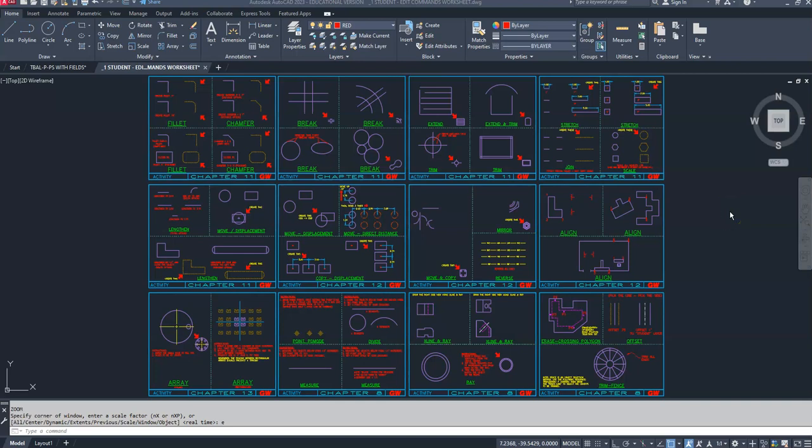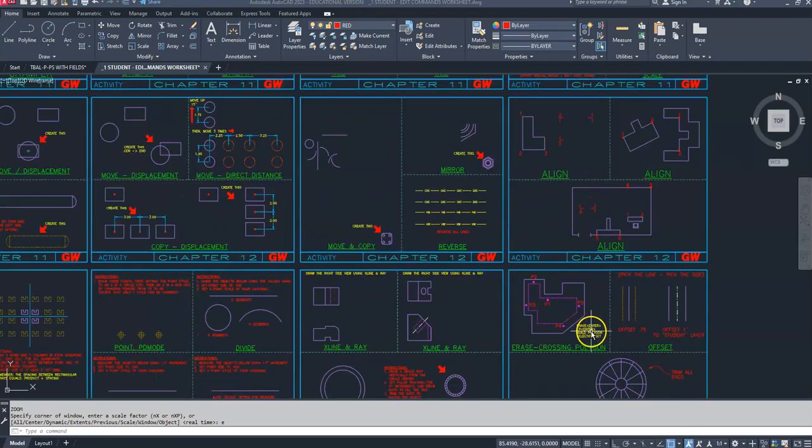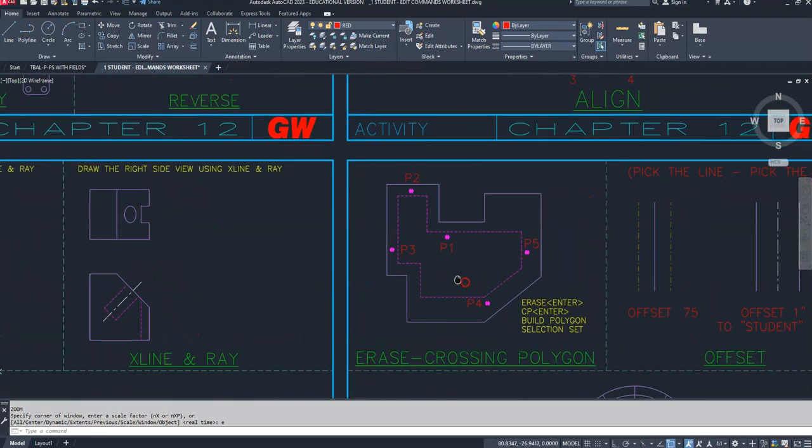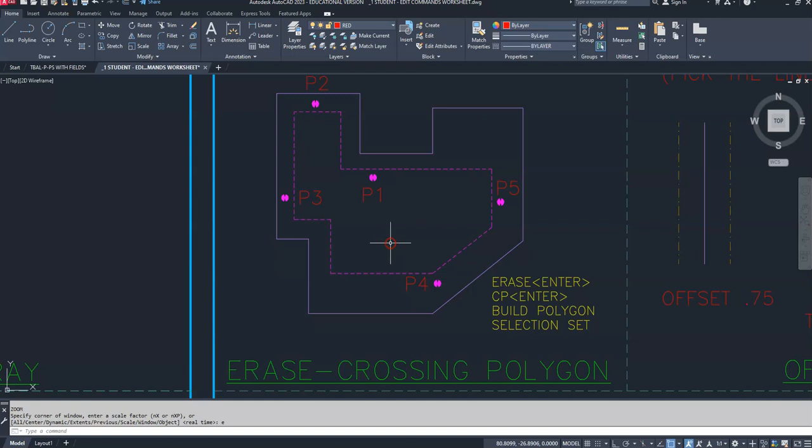In this video, we will be demonstrating the erase command using the crossing option. And we're going to be inside of the student edit commands worksheet to demonstrate this. So I'm going to roll down here into the erase crossing polygon and to demonstrate the erase crossing polygon option